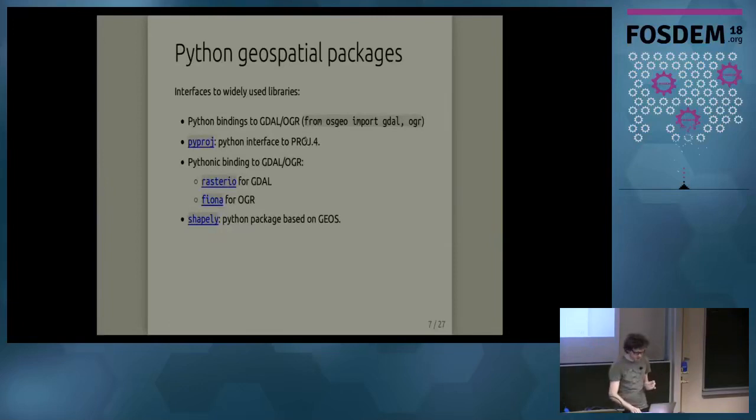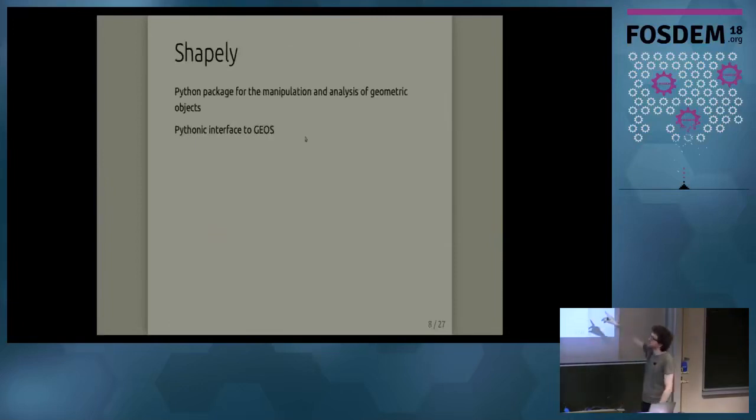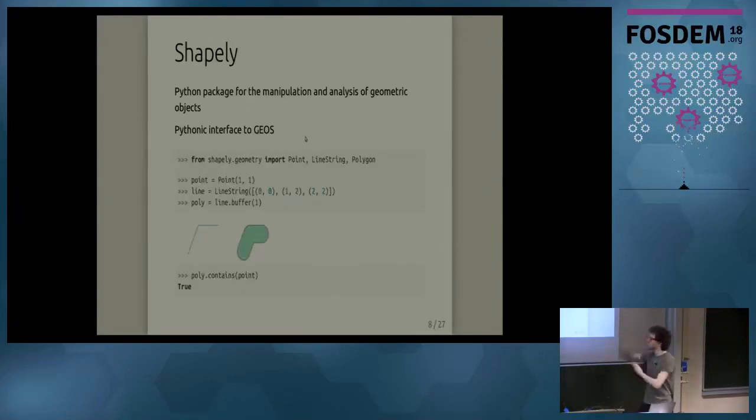So I'm going to look a bit more in detail at Shapely. Its interface uses GEOS under the hood and provides you all the capabilities: the geometry objects, and all the spatial operations and predicates that you would like to do on them. Here is a very short code snippet to show you how it looks. You can create a point, create a line string, and do an operation, for example buffer, which creates a polygon. And then I can check with a spatial predicate whether the polygon contains the point. So a very nice